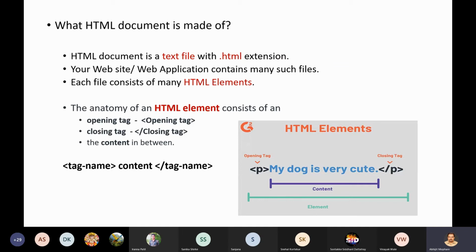So I request you, or rather I expect you, that you sit with pen and notebook, and write down whenever I say so, or if there are some references to be taken down. Fine. So shall we move ahead? I guess everyone is getting it, and we shall continue. Fine. So let us start one by one. What is HTML and what is CSS?